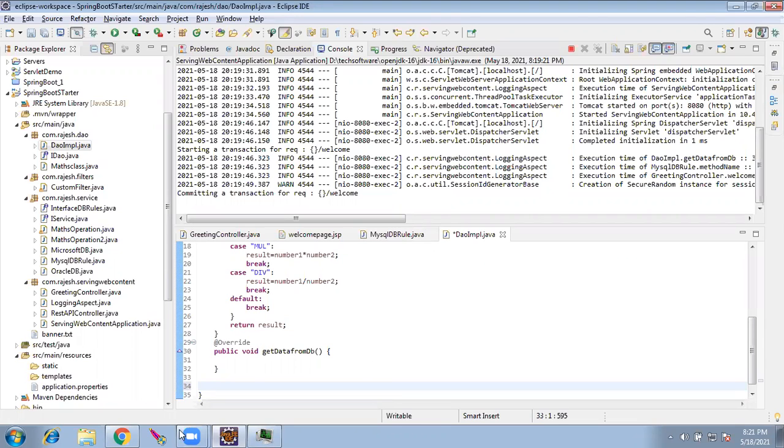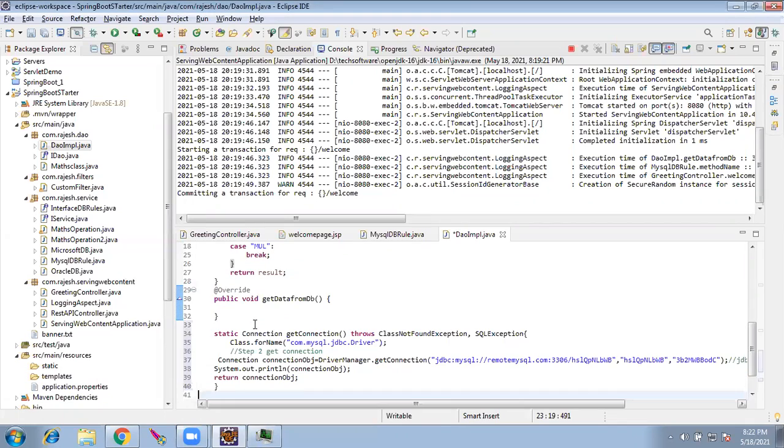Yes. Okay, I got that code. So I'm pasting the code which we got the other day.